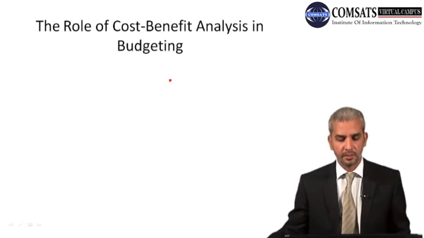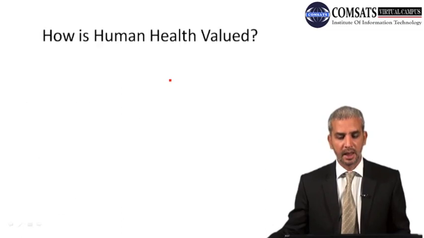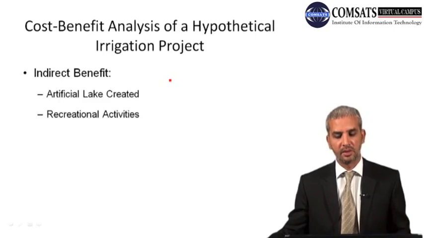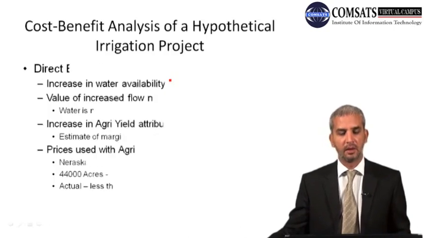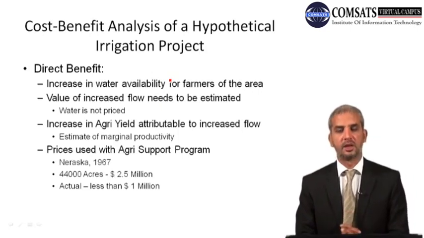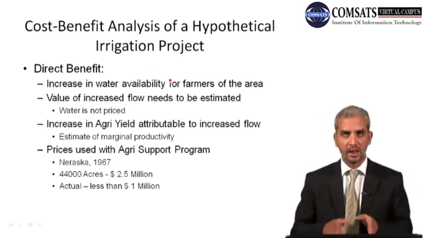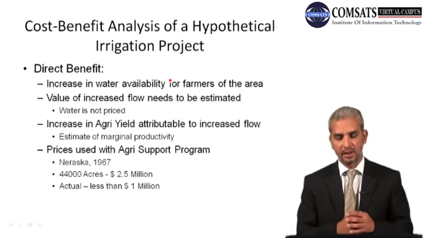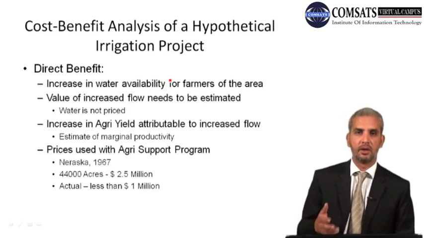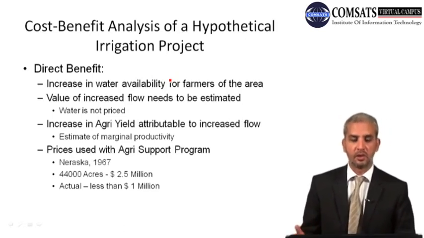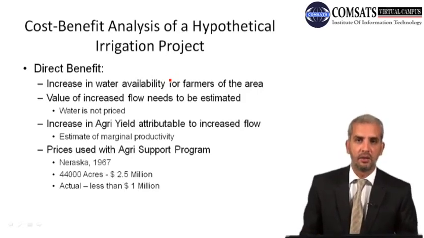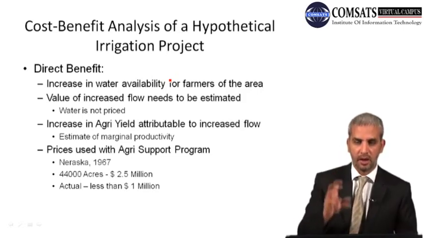Now, by the end of this lecture, as has been the practice for the last few lectures, I would summarize these slides once more. No doubt these were just examples, but I would only highlight the various mistakes or errors in enumerating, listing or evaluating costs and benefits. The first one was a hypothetical irrigation project in which it was difficult to evaluate the water flow and put a value on water flow.